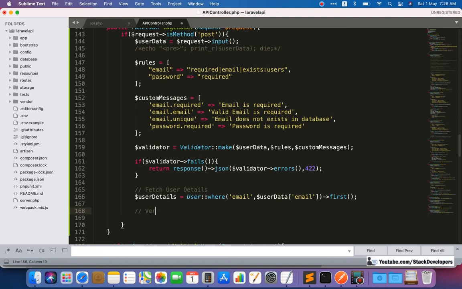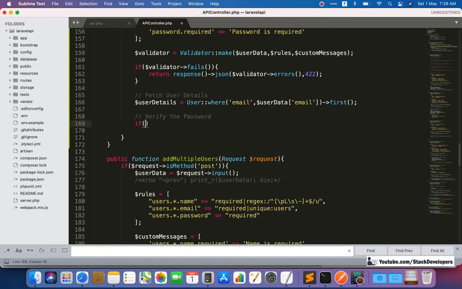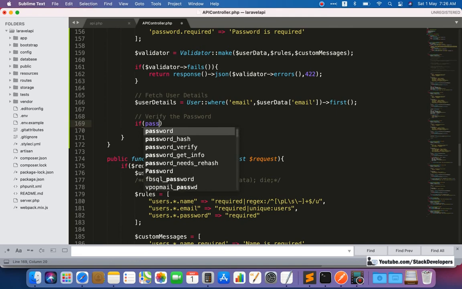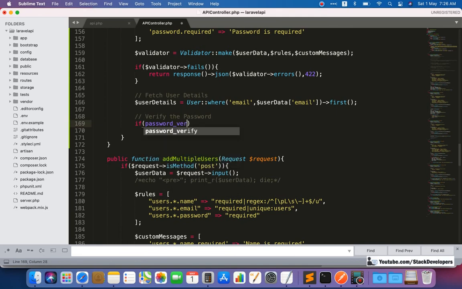Now we are going to verify the password. There is a Laravel function, password_verify, and we are going to use it. The password that the user has entered in user data will come first, and then the password that we fetch from the database with the query.